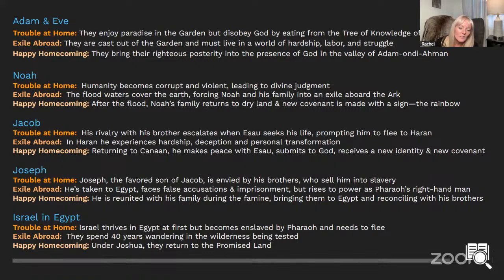So then Israel, specifically when they were in Egypt, is a great type of this because they were enslaved under hardship and needing to flee or be delivered. And so we have Moses, who acts as a deliverer, and they have to spend time in the wilderness doing the whole wandering and being tested, and then they return to the promised land. Well, the next generation of them receives a blessing of the promised land. So those are just a handful, but there's many more.